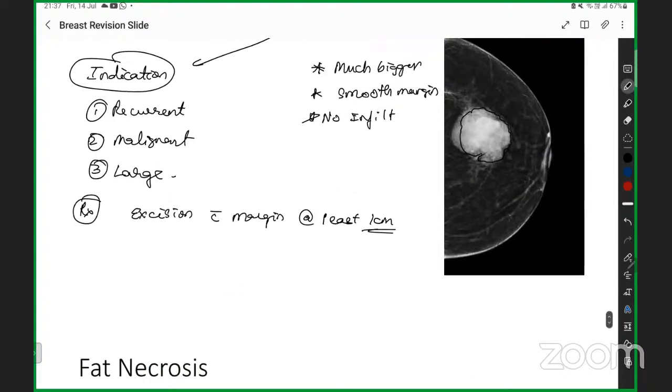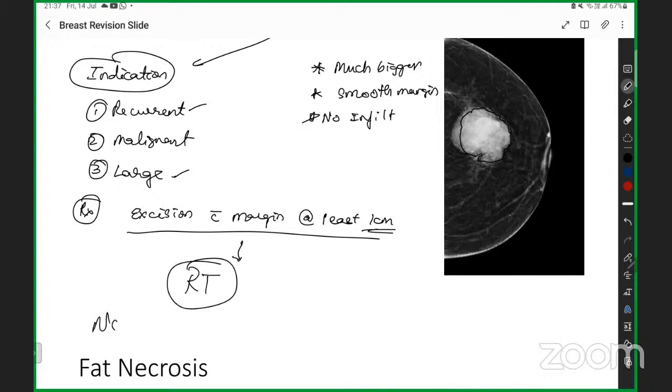Now moving towards the clinical features. Remember, this will be unevenly bosselated and they remain mobile. So don't need to fear for that. And if at all it is malignant, remember, these two conditions you can leave just with this excision with margin. If you are going to have a malignancy, then what will you do? You will go for radiotherapy. But remember, there is no need for lymph node clearance.